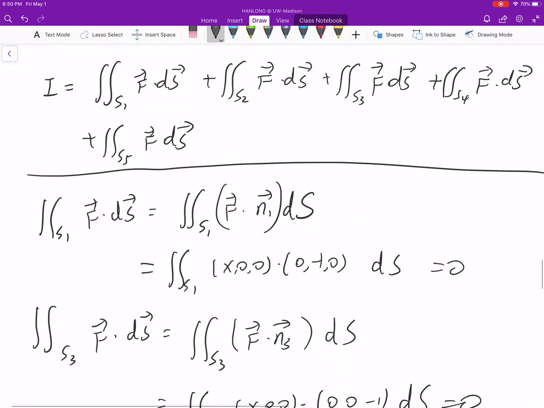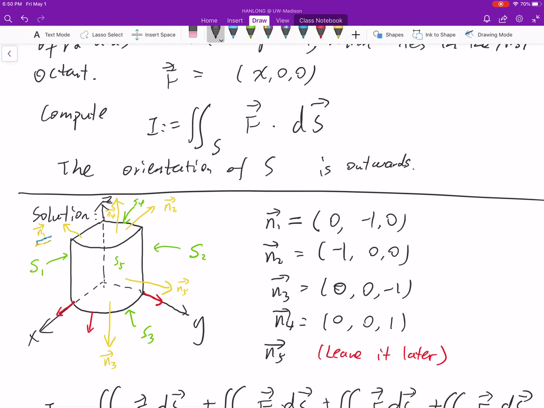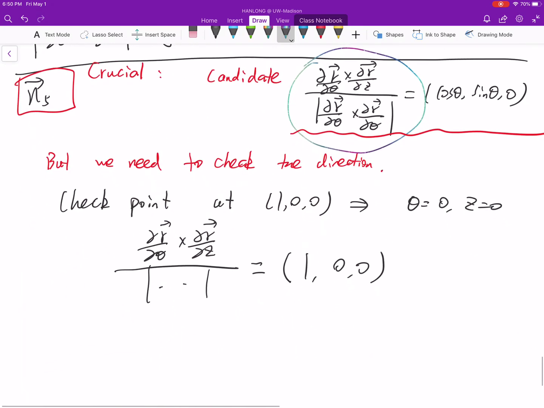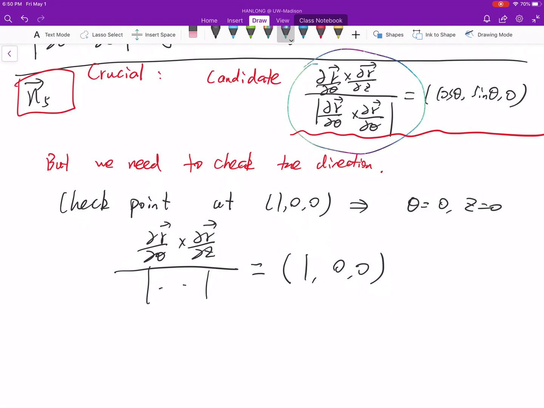So that means it points outwards from the picture, right? You have this. Okay, therefore, you only need to check a point, and here at this point it points outwards. Therefore